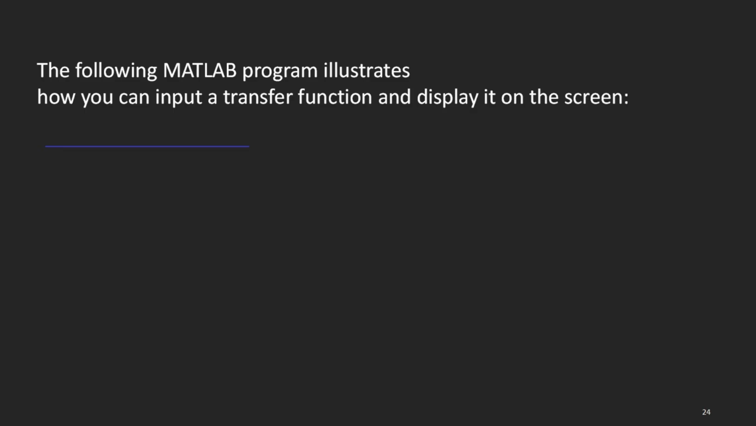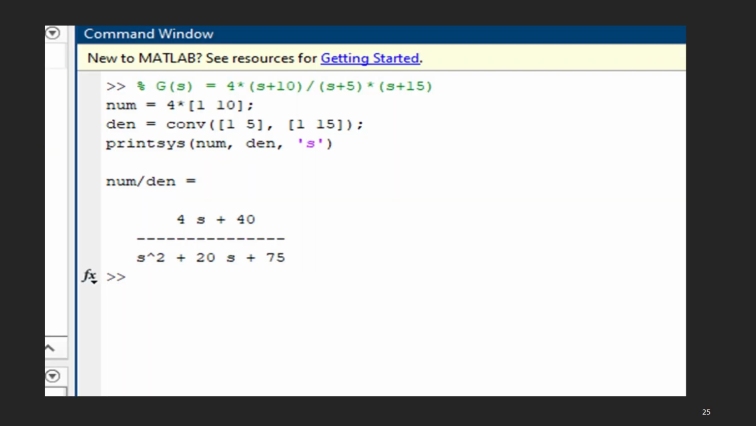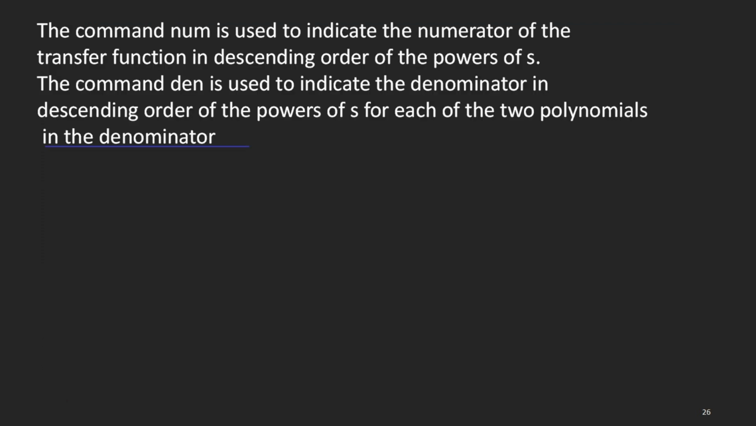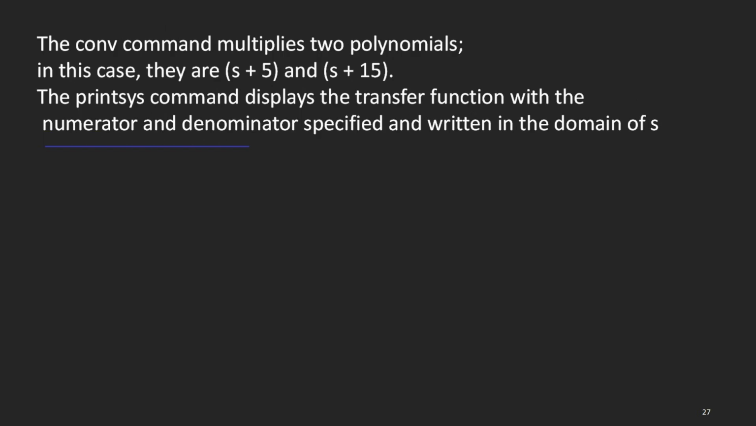Here is a MATLAB program that demonstrates how to input a transfer function and display it on the screen. The num command is used to define the numerator of the transfer function, listed in descending order of the powers of s. The den command is used to define the denominator in descending order of the powers of s for each of the two polynomials in the denominator. The conv command is used to multiply two polynomials, in this case, s plus 5 and s plus 15. The printsys command is used to display the transfer function with the numerator and denominator you've specified, written in terms